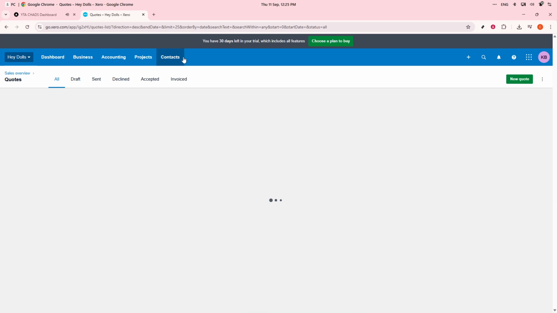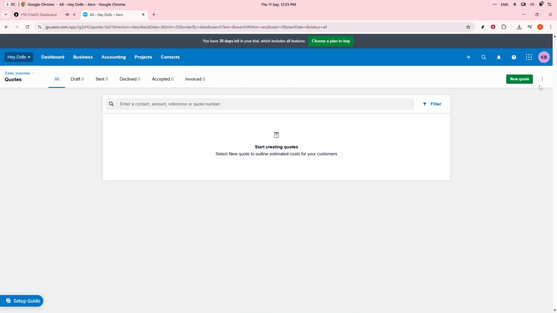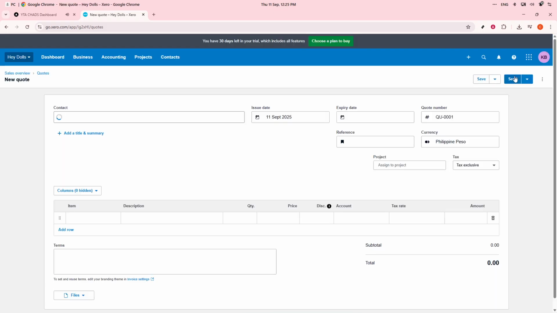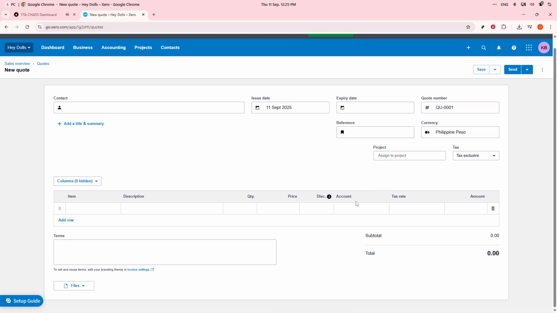With the quote screen now in front of you, there are some essential details you'll need to fill in. Begin by selecting the customer contact. This is a pivotal part of your quote as it links directly to their information in your database. You'll also notice a field for the quote number. Xero offers the flexibility to either automatically generate this number or allow you to input one manually, whichever suits your